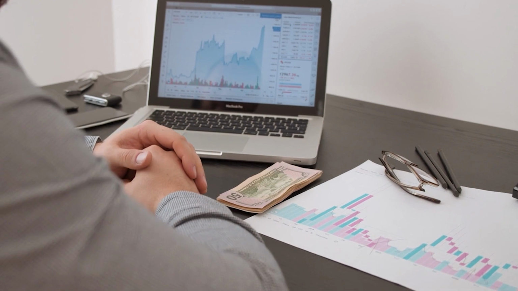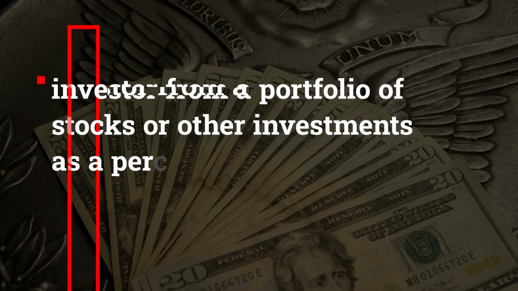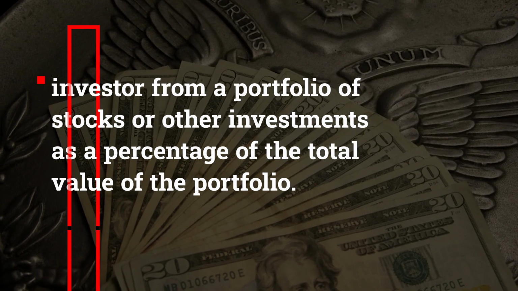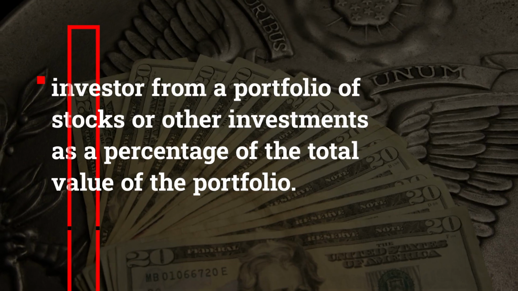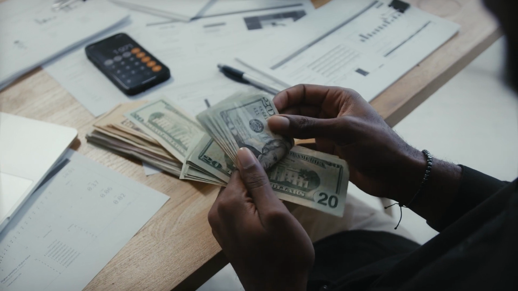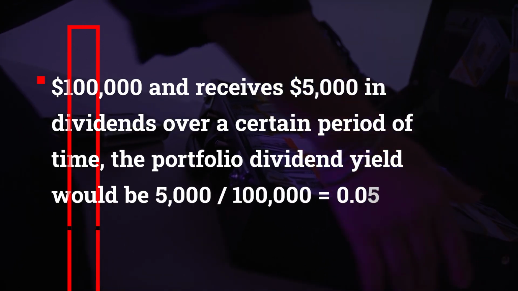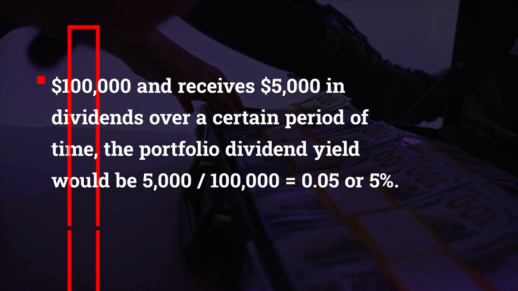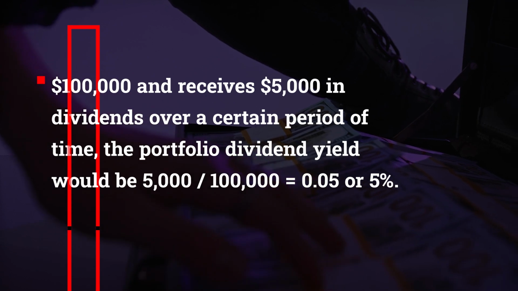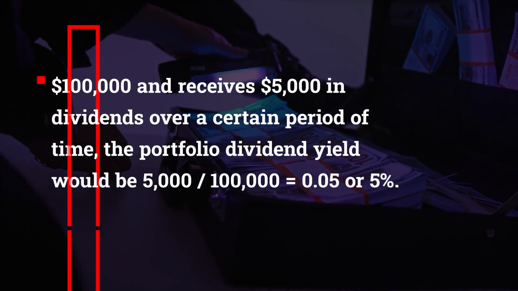The portfolio dividend yield is a measure of the total dividends received by an investor from a portfolio of stocks or other investments as a percentage of the total value of the portfolio. It is calculated by dividing the total dividends received by the value of the portfolio and expressing the result as a percentage. For example, if an investor such as yourself has a portfolio valued at $100,000 and receives $5,000 in dividends over a certain period of time, the portfolio dividend yield would be $5,000 divided by $100,000, which equals 0.05